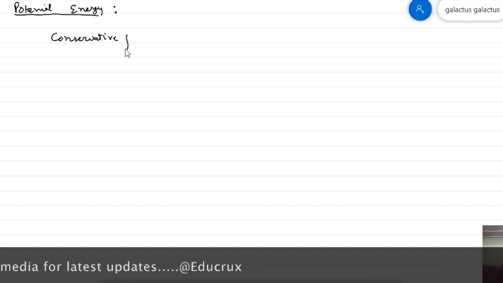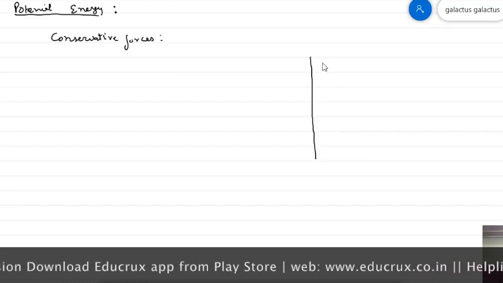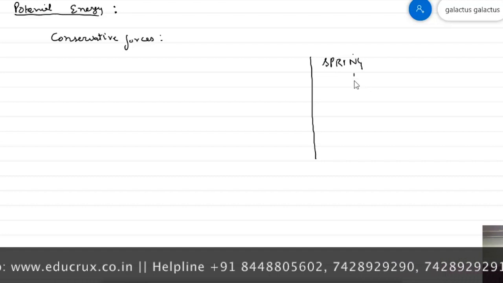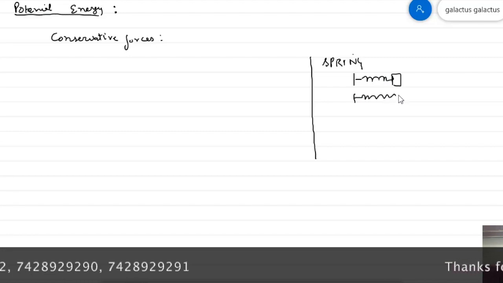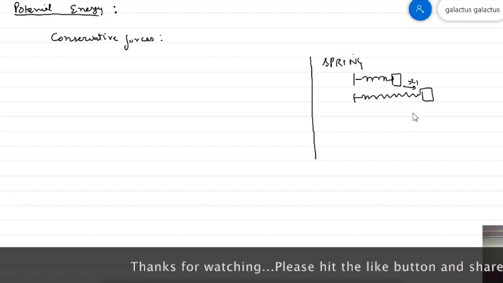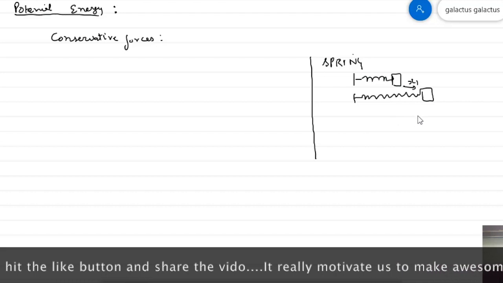Conservative forces. In the previous lecture, we discussed the work done due to the gravitational pull of the earth, that is the weight of the body, and due to the spring forces. In case of a spring, if my spring was relaxed and I elongate it by a displacement x1, then my work done due to the spring is given by